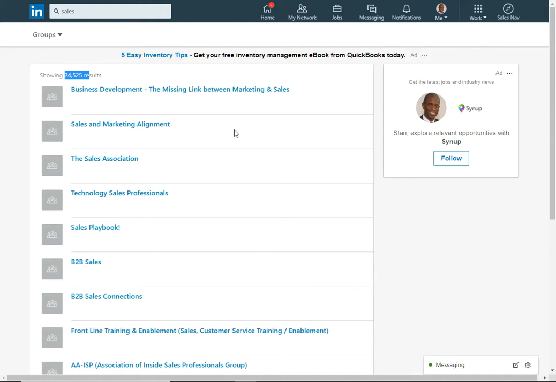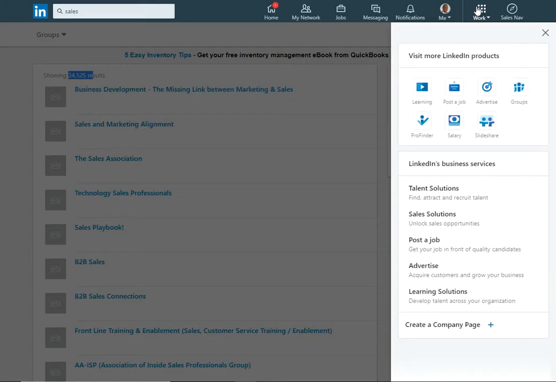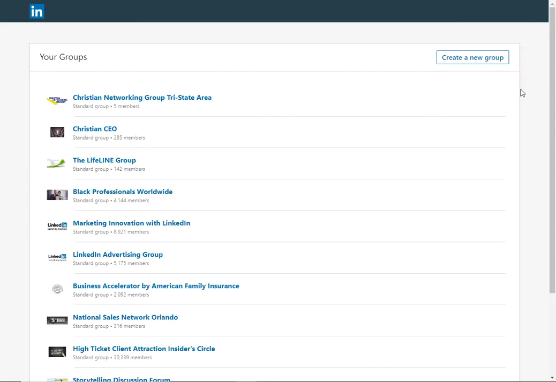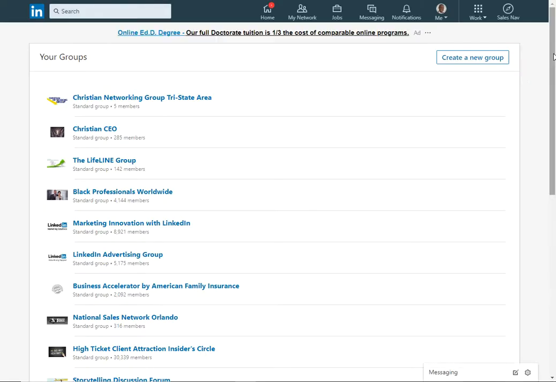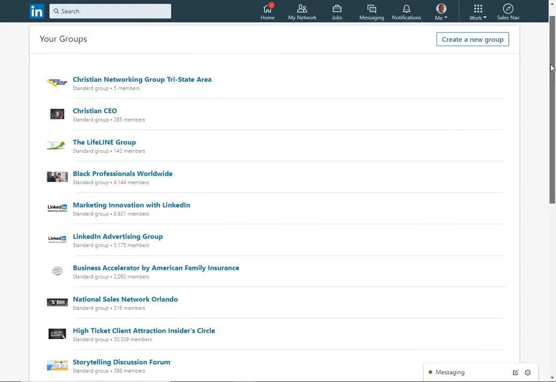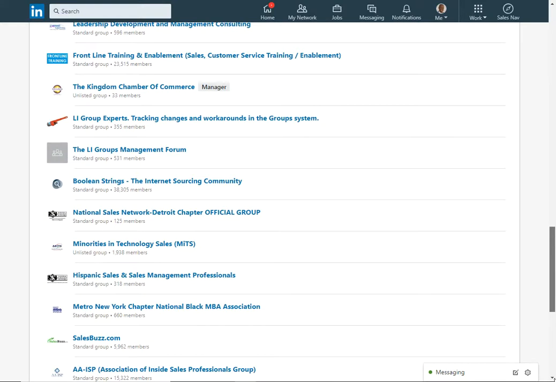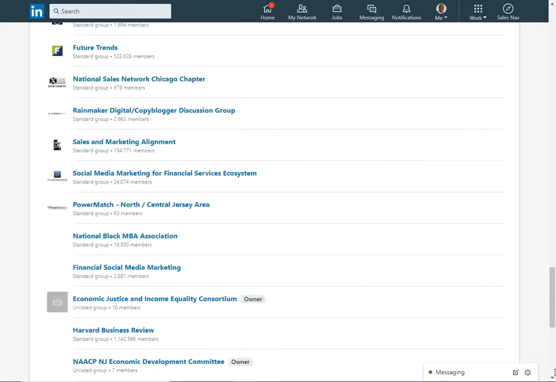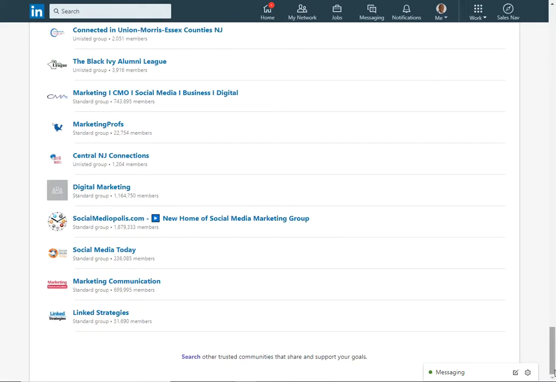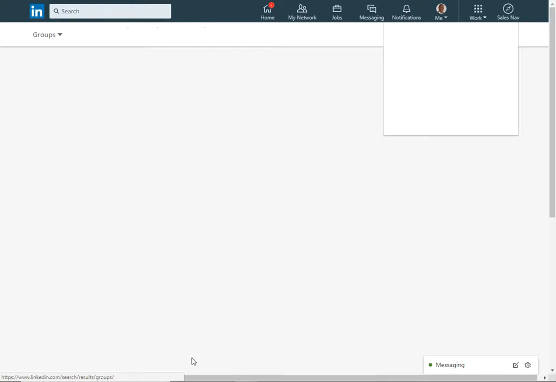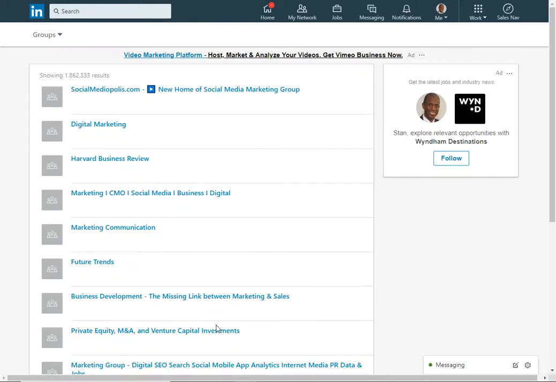Now, there is one other way to search for groups, and that is when you are in your groups, you can scroll to the very bottom of the list where you will also have the option to search. The only problem is that since you can join up to 100 groups, some of us have long lists, and it can be an exercise in frustration to scroll to the bottom and then hit search to look for other trusted communities. The good news is that once you do this and you do get into the groups tab here,